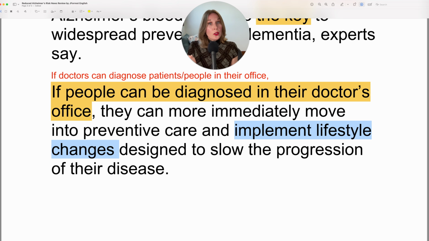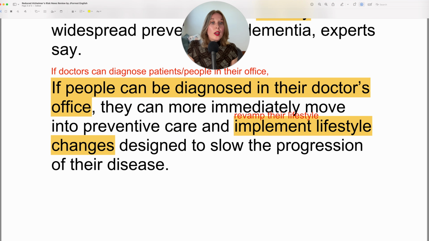So that's another great way to see how advanced your abilities are, because if you can take a word that you learned in this article and you can replace it and know what else you need to do to replace it, because I can't just say revamp lifestyle changes. That's not correct. It would be revamp their lifestyle. So now let's read that. They can more immediately move into preventative care and revamp their lifestyle